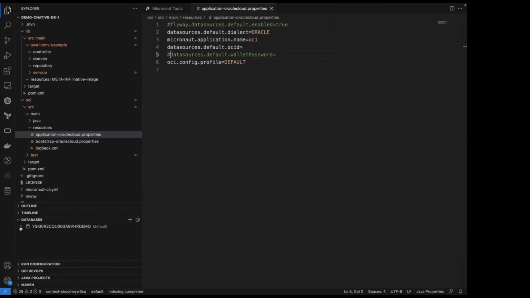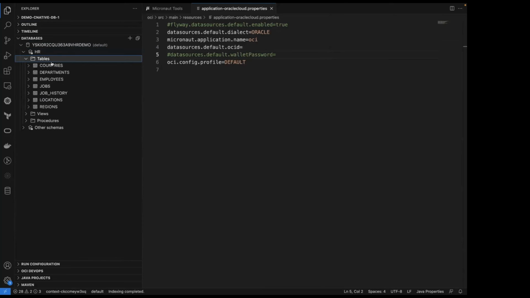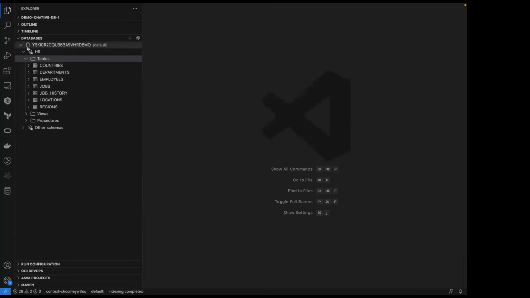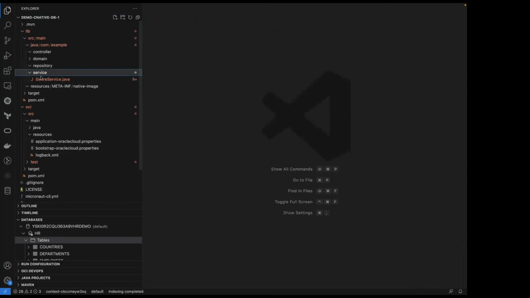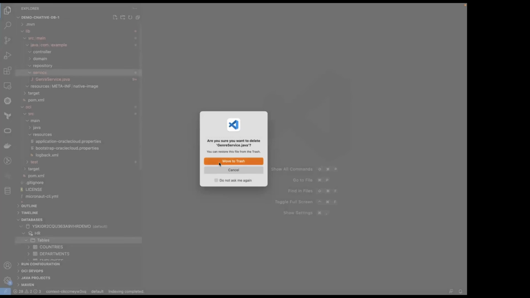So is that connecting? Great, so we're connected to the database now. And we can see our schema. And then if I open the schema, we can see some tables: countries, departments, employees. So this is the standard HR database schema. So that's great, we're connected to a database. Now, how do I pull that information into my application?